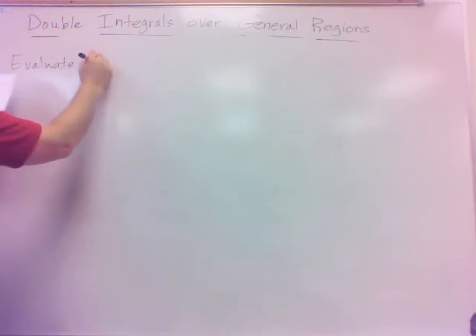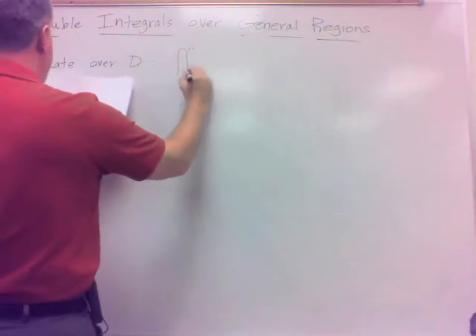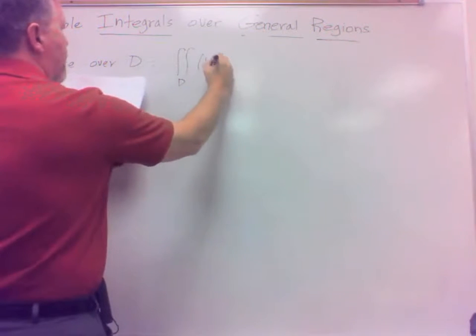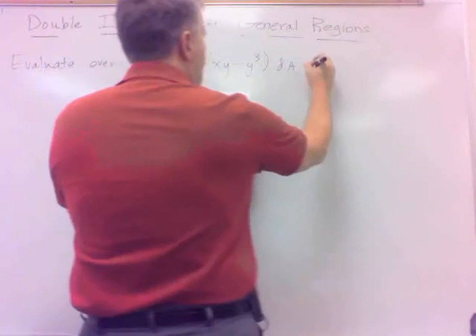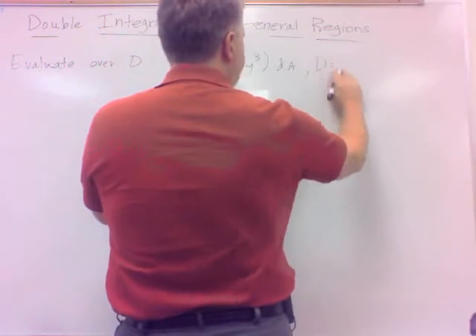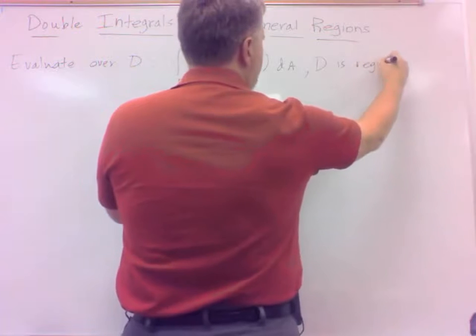Evaluate the double integral over D of 4xy minus y cubed dA, where D is the region bounded by